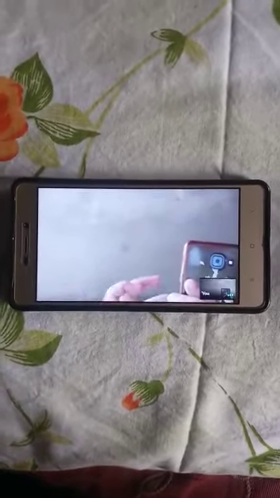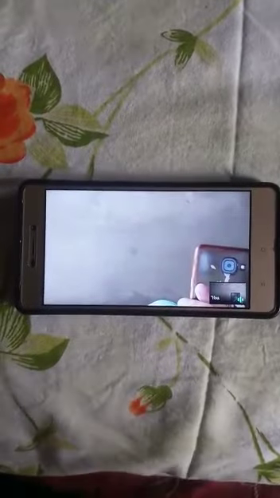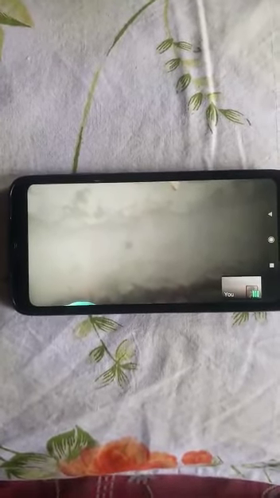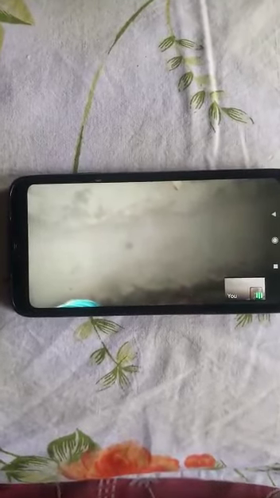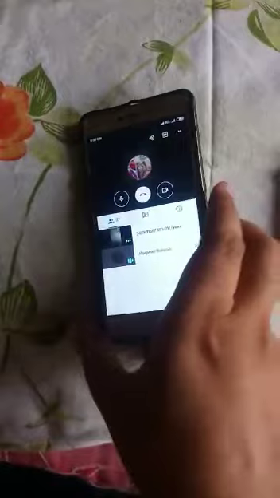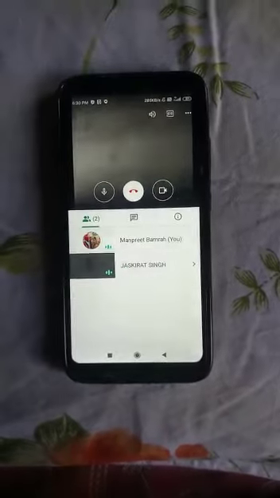So again I am repeating, if a teacher is rotating his phone or her phone, then the student has to rotate his or her phone also. So this is the method by which we can use the full screen sharing using Google Meet app. Otherwise we can use only like this. If I rotated my phone, then only this portion will be visible, or if I rotate this phone, then in this way half screen is visible.